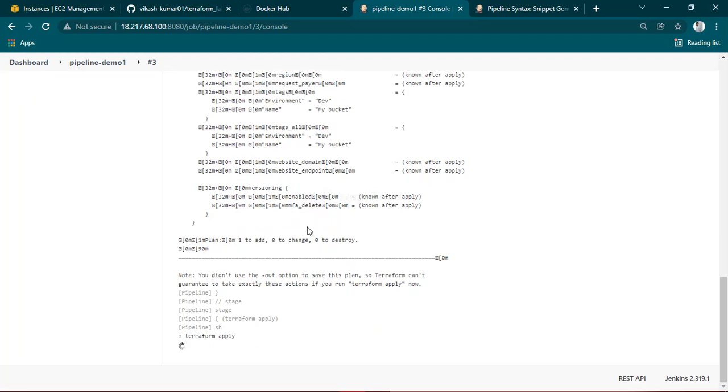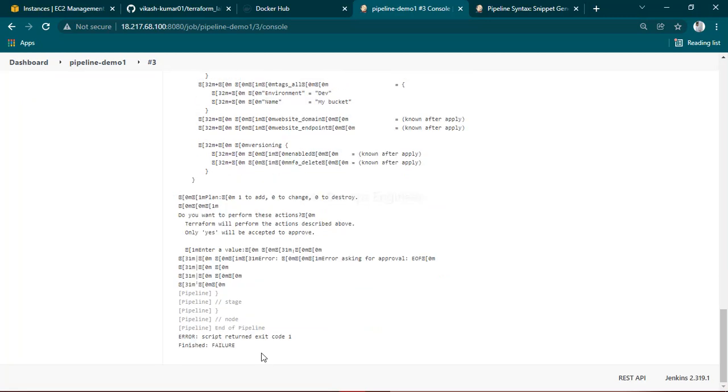Okay, Terraform plan has been done. Terraform apply is going. Terraform failure. So you can see only yes will be accepted. So okay, so we have missed auto approve, like while you run a Terraform code. So manually, if you are running, you have option to provide yes, but in the Jenkins you have to auto approve it. So let's go to our Jenkins pipeline,